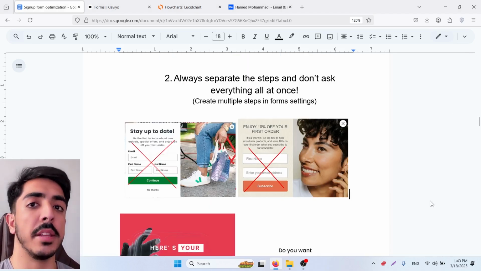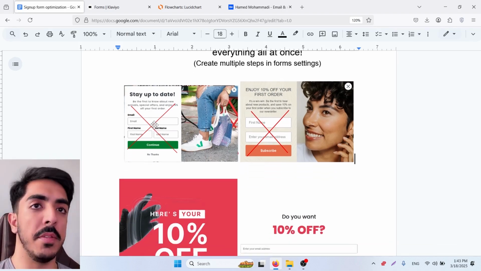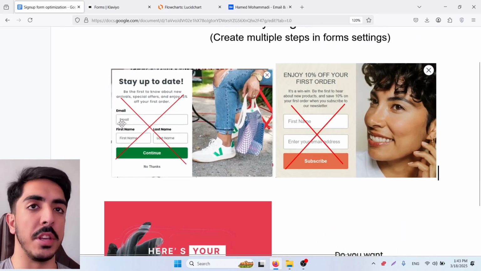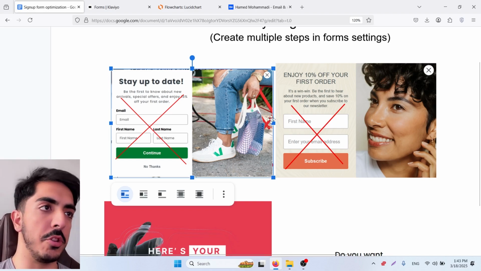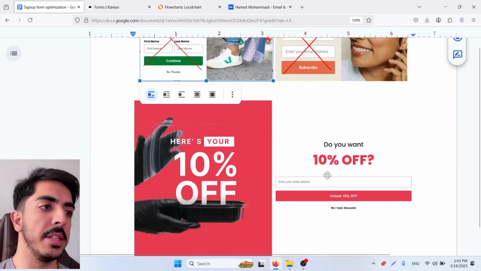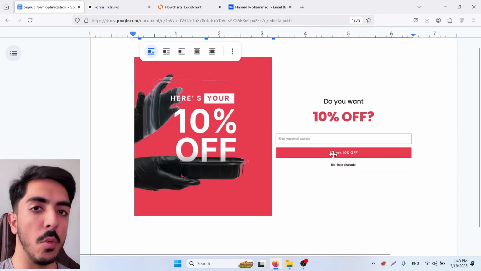And the second tip is that don't ask all the info all at once. You can separate your steps to 2 or 3 different steps, because if you do the way these two websites are asking info, they're asking email, first name, last name, and even phone number all at once, and people just close the form and they don't opt in into your email list. What we're going to do instead is that we only ask for one info, for example, email address,